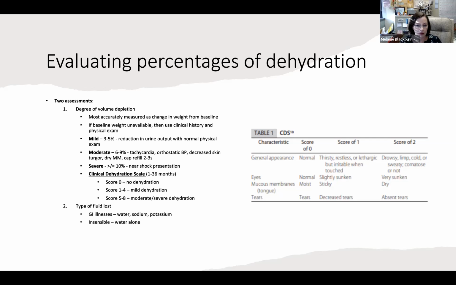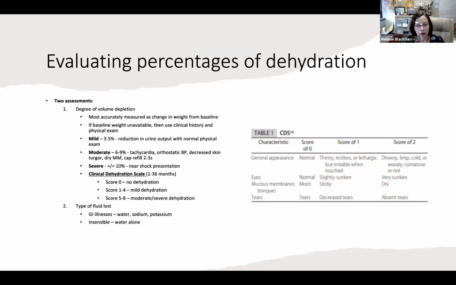So not 4 seconds or more, but kind of that 2 to 3 second range is usually for moderate dehydration. And then obviously your severe dehydration is going to be 10% or greater. And these are patients that are in shock. So their blood pressure is low. They have exaggerated cap refill. They will probably have some pulse alteration. And those patients will be kind of obvious, but it's really those moderate to mild that you want to make